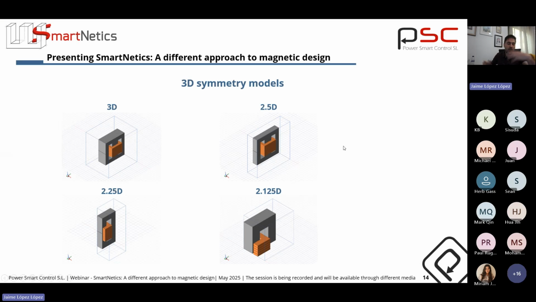Thanks to the geometry we're using, the E-core, as you know, is symmetrical front to back. So instead of using the full model, we can only simulate, let's say, the top part. It also has symmetry left to right, so we can once again cut it in half and only simulate 1/4 of the device. And in some cases, not in all cases, it even has symmetry top to bottom, so you can slice it again. In this case, this is the symmetry we have, so we're going to simulate only 1/4 of the device to have a very good precision, but in a reduced amount of time. It's still going to take way longer than an analytical analysis, but faster than it could be.